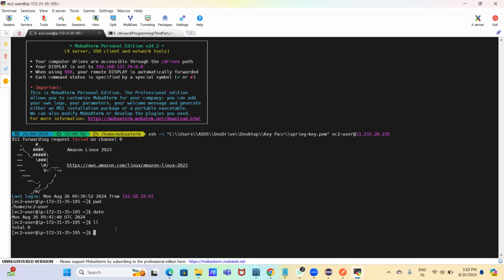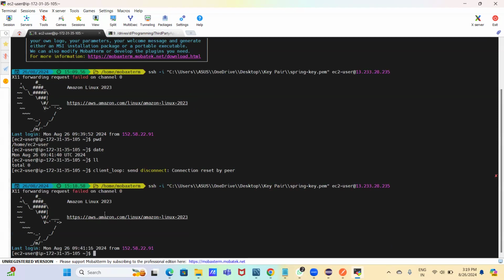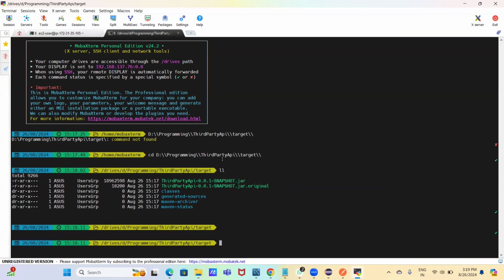This connection got timed out. It is running in the background, and you can see it is disconnected. So again we need to type the same command to run the EC2 instance again. Okay, now it's up and running. This is our local machine. So now what we need to do, we need to copy this jar to AWS. For that we have one command, that is